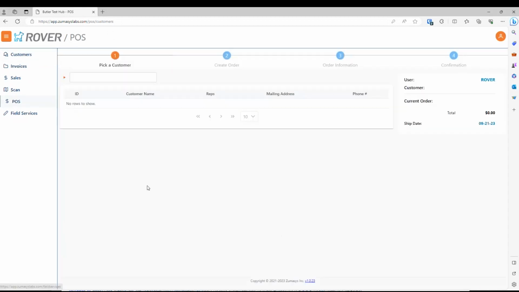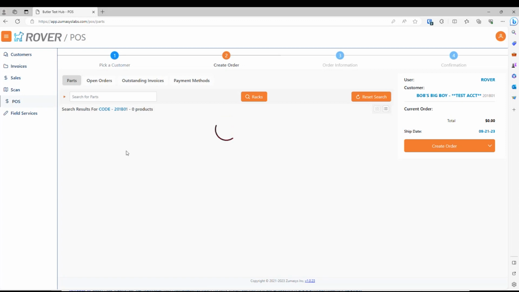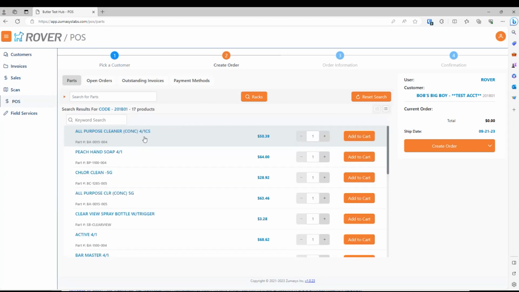Their use case is pretty similar to what Elvin was describing, where generally this is going to be used by sales reps out in the field to complete orders using iPads. So very similar interface. Under POS, we first search for a customer, choose a customer, and then